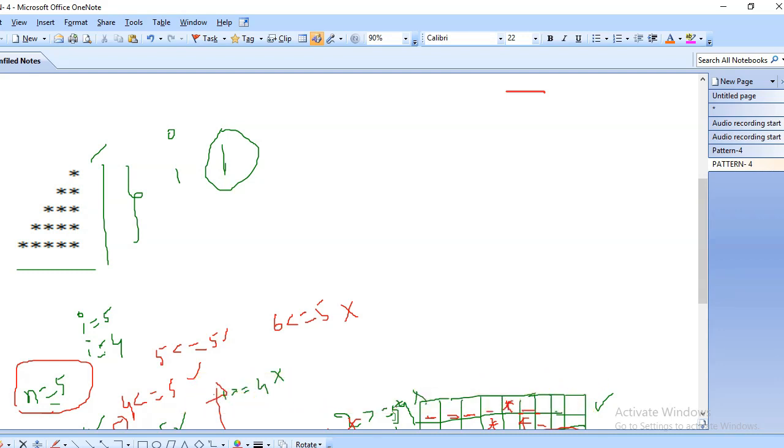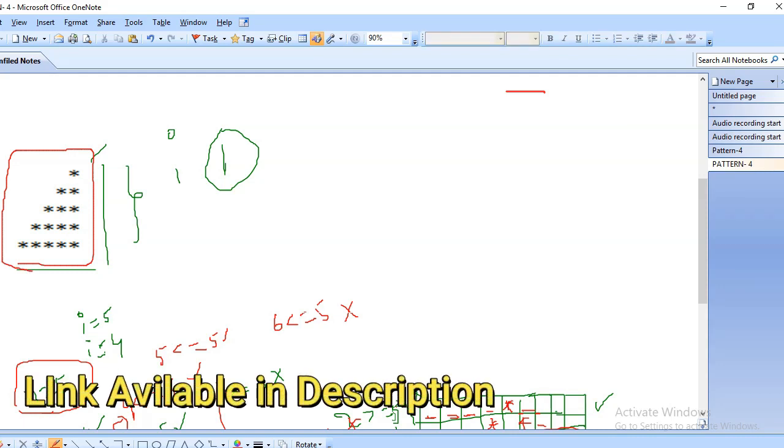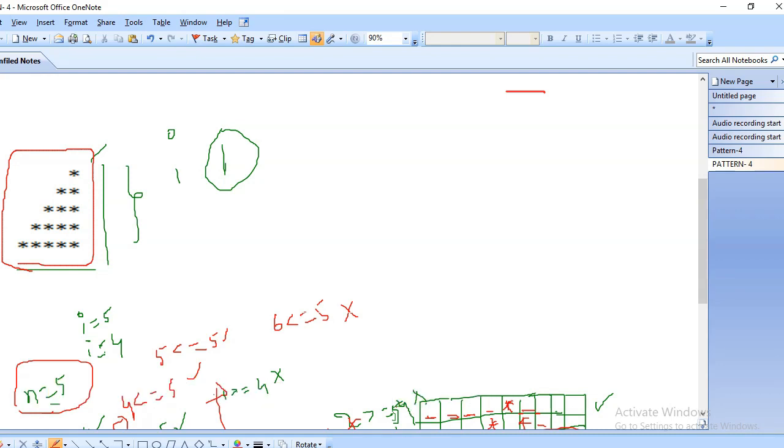If you didn't see how this pattern is printed, I will give the link in the description. Go through that video and learn some patterns. Today, using the trick, we printed this one.